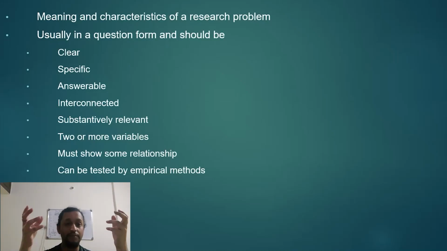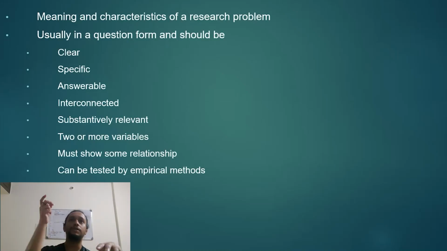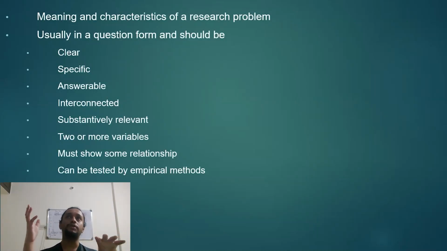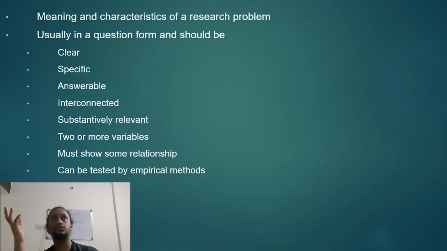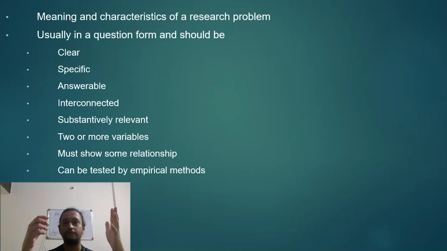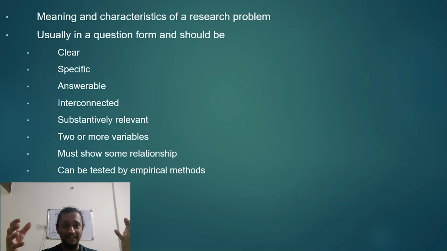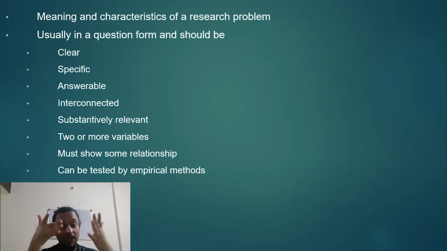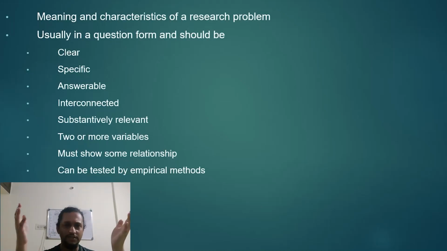It needs to be interconnected, meaning that it can't be away from existing literature. You can't randomly think, saying that, does the change in weather from summer to monsoon cause a change in the cognitive flexibility of human beings, right? That's slightly absurd. It's not connected with reality. There will be no articles you'll find, right? Even in this, at least you might find something, but sometimes people ask really random questions which don't make any sense, right? You need to have some literature that is based on.